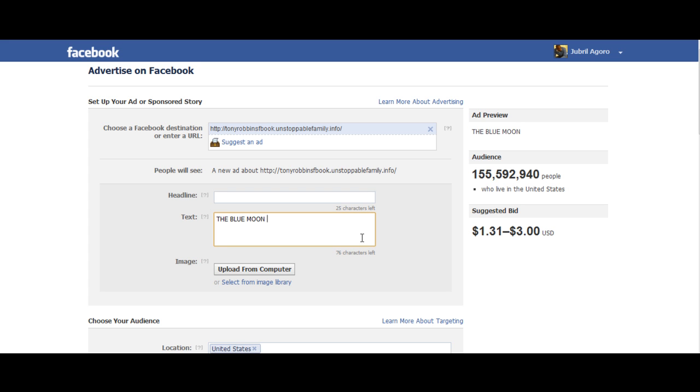That's against Facebook rules, and if they catch you doing it, they will just decline your ads. So you have to write in actual sentence form. I've gotten away a lot with just capitalizing the first letters. It's not as bad, but if you write them all in capital letters, they do frown upon it.